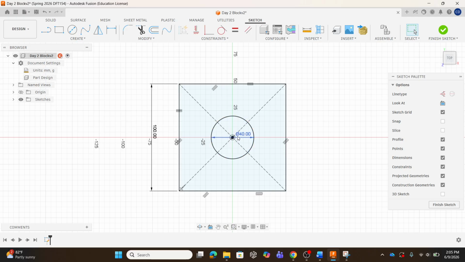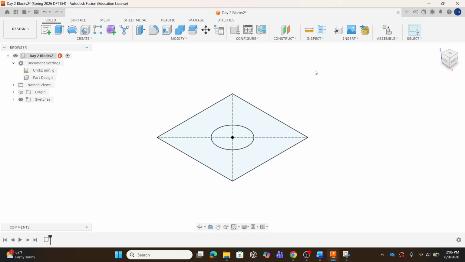If you have the blueprint class, you should recognize this symbol right here, this diameter symbol in front of the 40. Depending on what feature you're using, sometimes it'll try to do a radius instead of a diameter, so just pay close attention to that. Now I have my overall profile of the square 100 by 100, and I have the center circle of 40 by 40. So I'm going to come up here to the top right, hit finish sketch,